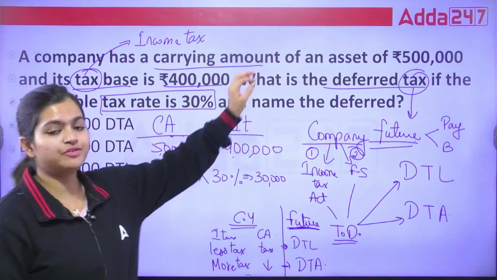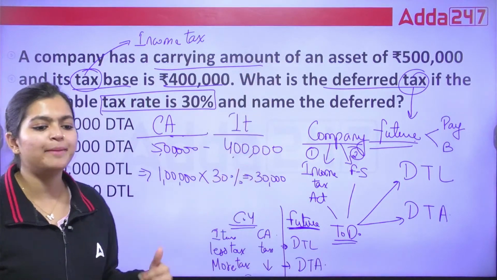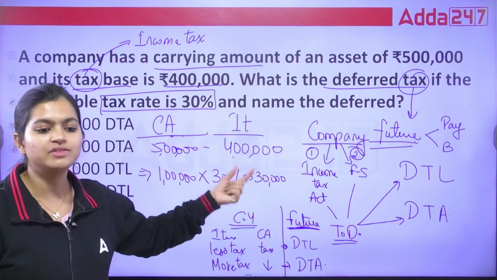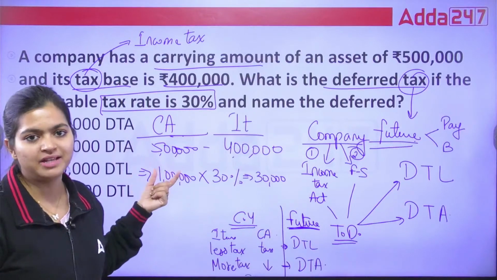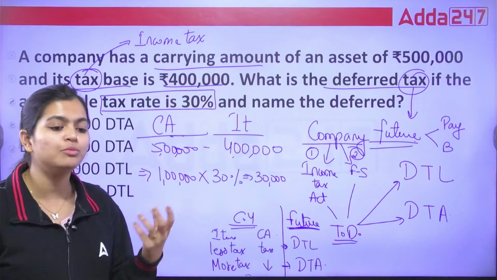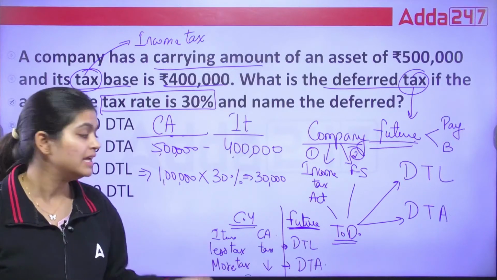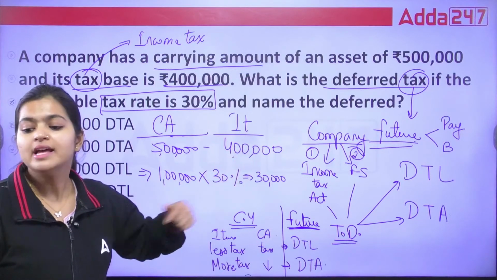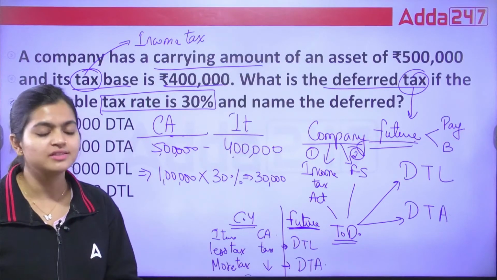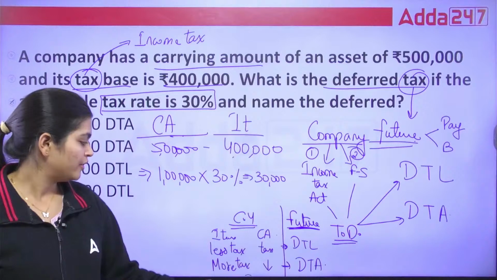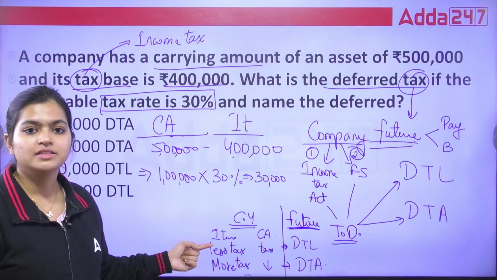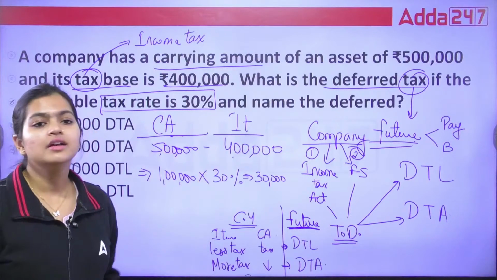This is the asset value. As you are charging more depreciation in today's time period, that's why you are getting the carrying amount less than what you are getting under the Companies Act. Means we are getting more deductions, more expense on the calculation side. So that's why we are going to pay less tax in today's time period. We are getting an extra benefit